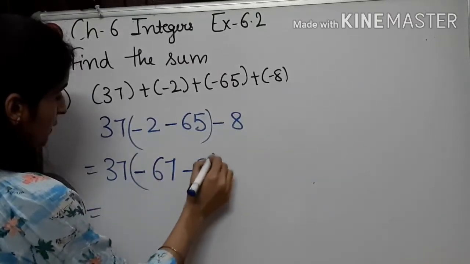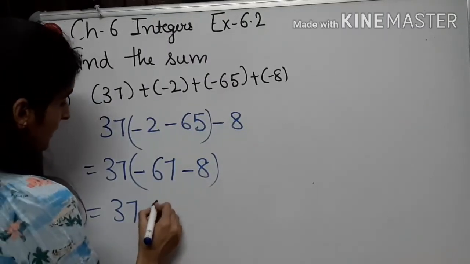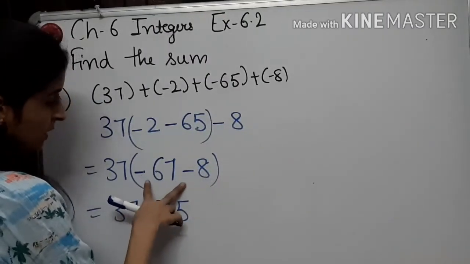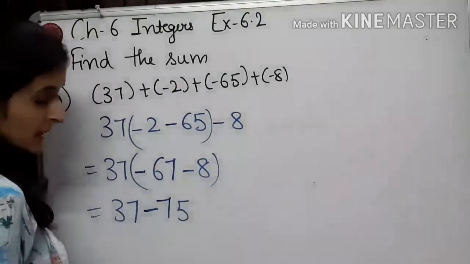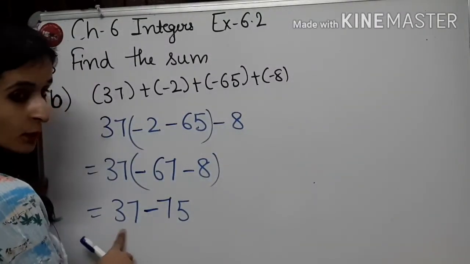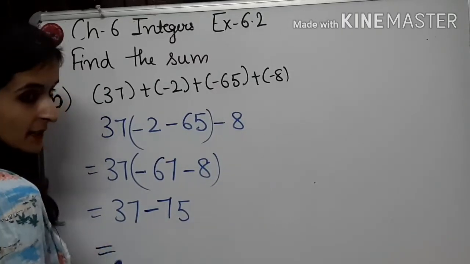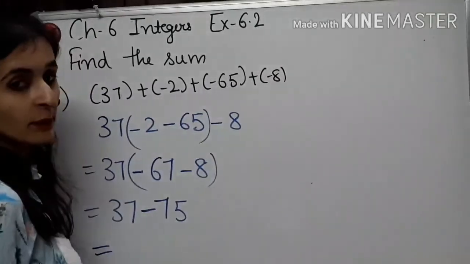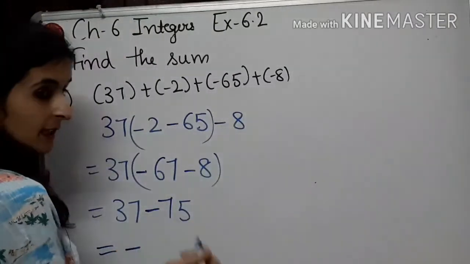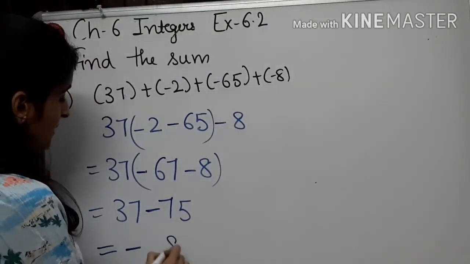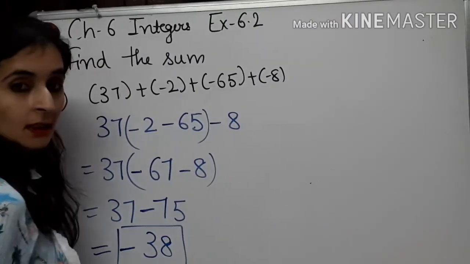Now again we will solve these first. So 67 and 8 is 75. We have added because these both were of negative sign. Minus minus is plus, but the sign will be of minus. Now this 37 is a positive integer and it is a negative integer. So plus minus is minus. It means we will do subtraction, but the sign will be of greater number, and the greater number is 75, and 75 has negative sign. So 75 minus 37: 15 minus 7 is 8, 6 minus 3 is 3. So the answer is minus 38.